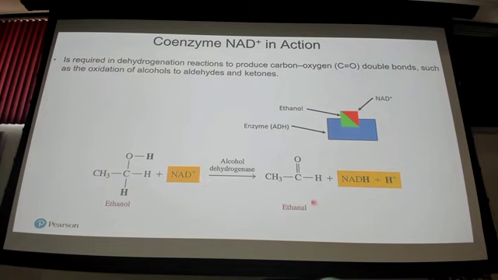And so that converts alcohol or ethanol into acetaldehyde, which has a C double bond O. Again, the take-home message is that NADH plus H+ is the reduced form of the coenzyme. So this is very important, and we're going to talk about why as we progress in this